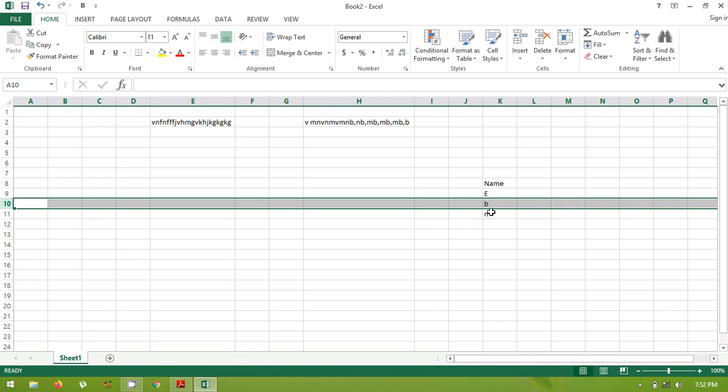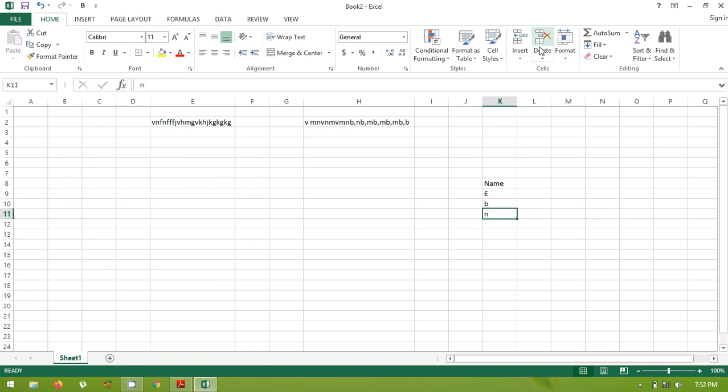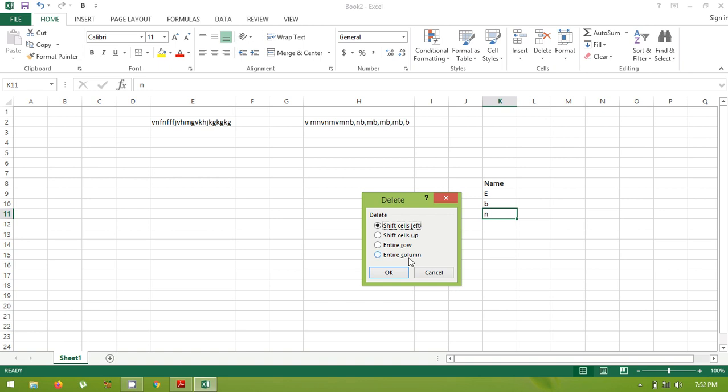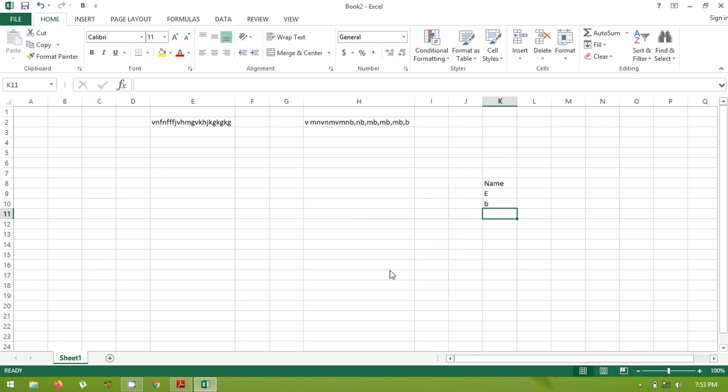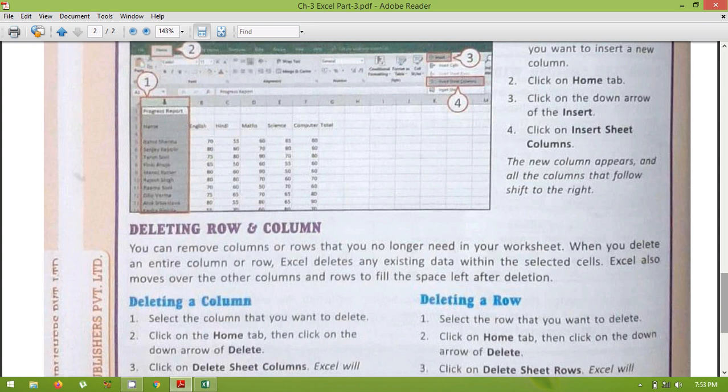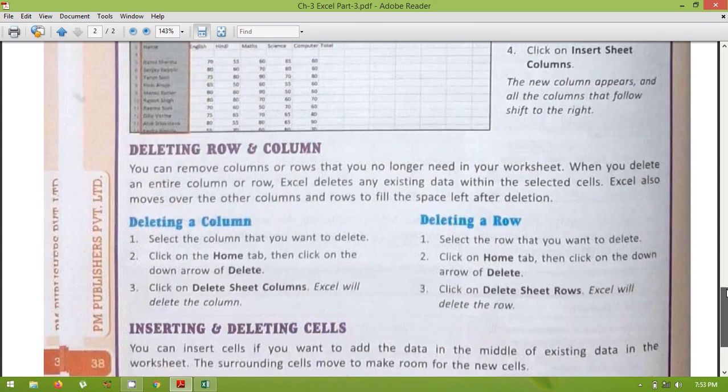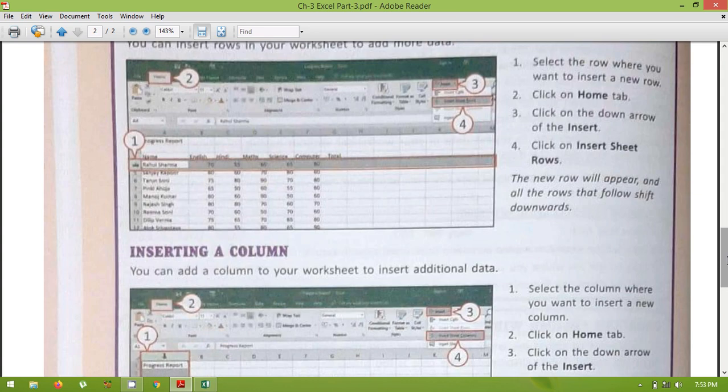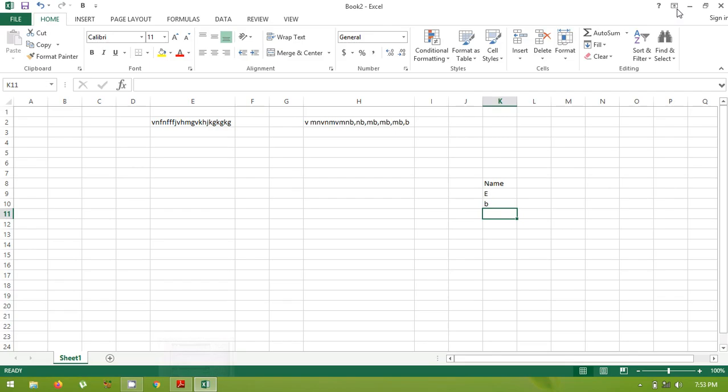And for the cell also we have it, choose it, delete the cell. If you want to delete the entire row, you can do that, and it will be deleted. So this is how you can insert your row and column or delete your row and column from your worksheet. So this is all about today's topic, deleting and inserting rows and columns in your worksheet.